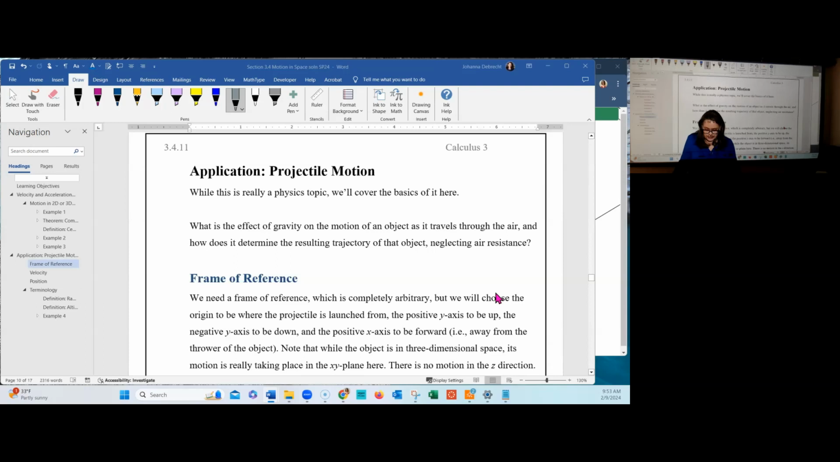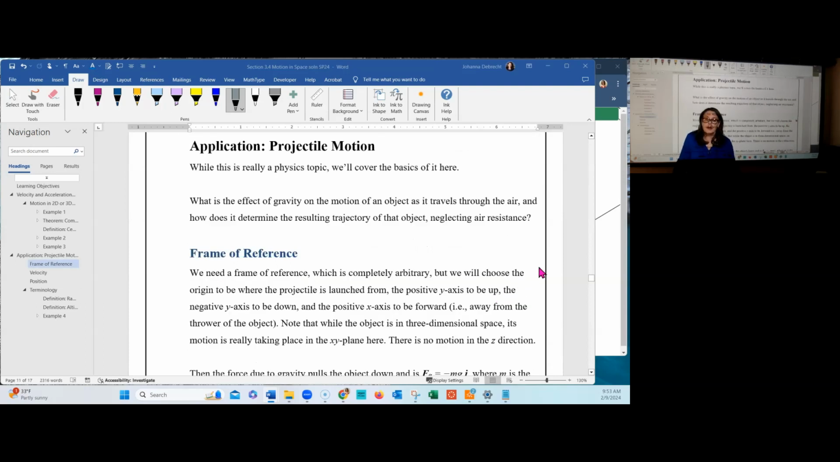We want to turn our attention, now that we've split it into components, into an application problem, and this is projectile motion. So a projectile could be a bullet fired from a gun, it could be an arrow shot from a bow, it could be a baseball that you're throwing through the air, it could be a stomp rocket, right? Those fun little toys where you stomp on